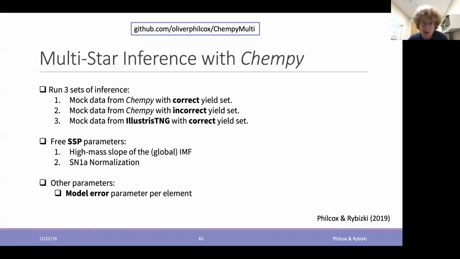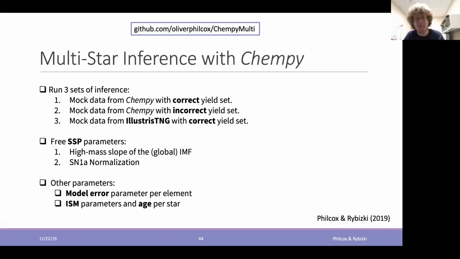And this turns out to be particularly useful, because not only does it make our analysis slightly more robust to having incorrect chemical yields, it also enables us to tell at the end which of the elements are the most constraining. Do we have some elements which don't have any constraining power at all because the predictions from our model just don't match the data? So it gives us an indication of where our model is going wrong. I'll touch back on that in a couple of slides.